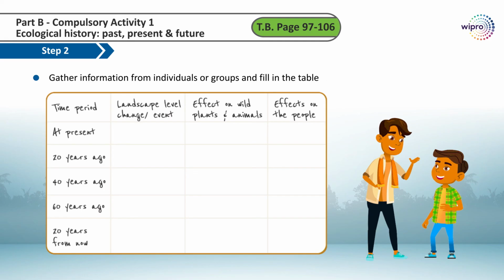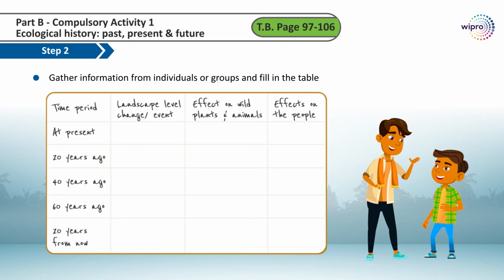Depending on the age group of the person you are speaking to, ask her or him to recollect how the area or locality or village was about 20 years ago and then 40 years ago. If you are talking to elderly people older than 60, you can ask them to describe the area when they were children. Remember, you can also follow the points mentioned in the booklet, which may be helpful for you to gather information.